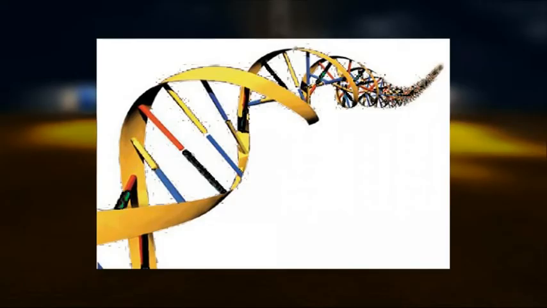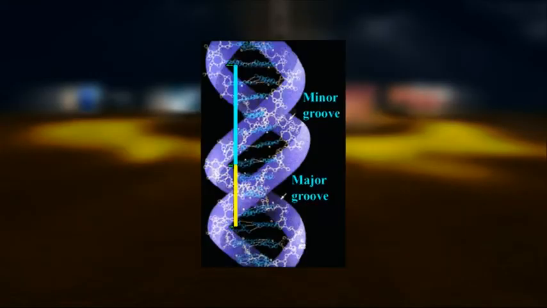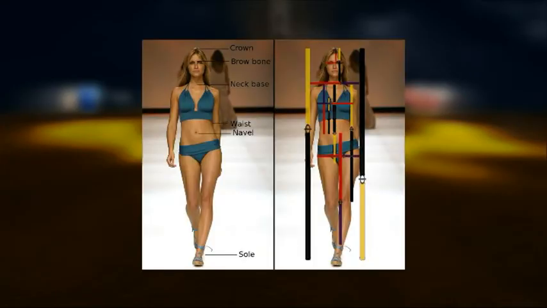Now, we don't need to go into the details, but DNA has minor grooves and major grooves in it. The details don't matter. Well, what does matter is the proportion. The major grooves are roughly 21 angstroms, and the minor grooves are roughly 13 angstroms, and it means they are in pi, or divine ratio. Here we have a human body. Now, we find, looking at human bodies, like models or just friends, human bodies should be attractive because God made them, and we're made in the image of God.